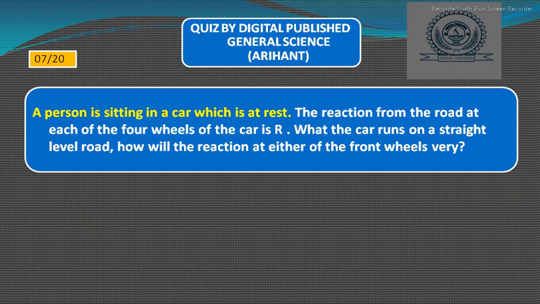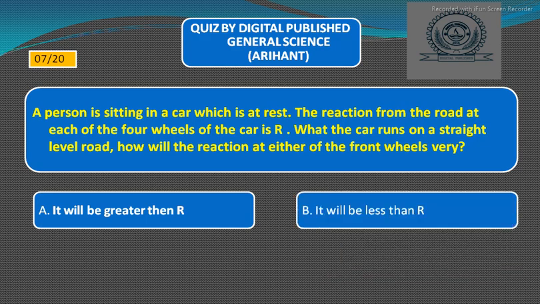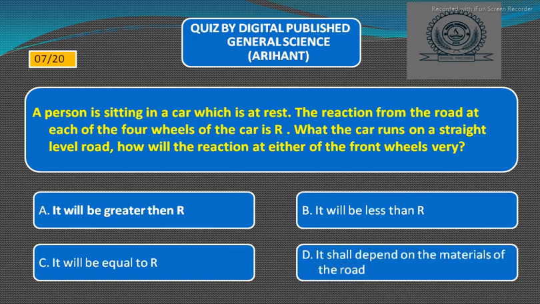A person is sitting in a car which is at rest. The reaction from the road at each of the four wheels of the car is R. When the car runs on a straight level road, how will the reaction at either of the front wheels vary? Option A, it will be greater than R; option B, it will be less than R; option C, it will be equal to R; option D, it shall depend on the material of the road. তো রাইট আনসার হবে অপশন A, it will be greater than R. Next,